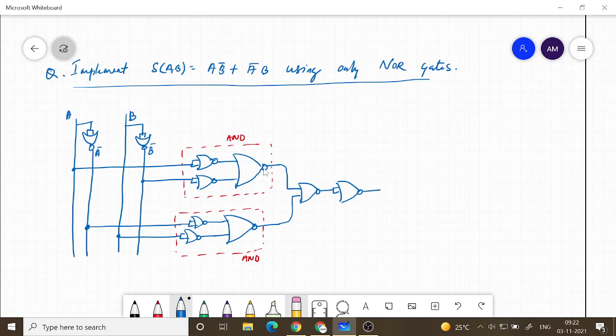So you can see this is basically the implementation of OR gate. So all the AND gates in the basic implementation are replaced with the NOR gates, and that is one way we can go about it.